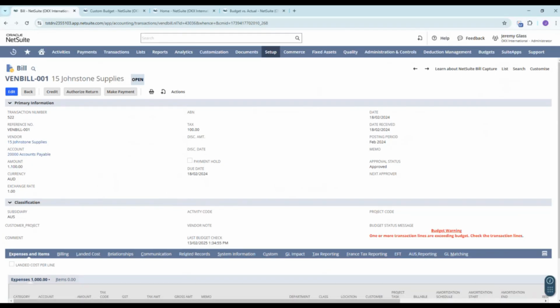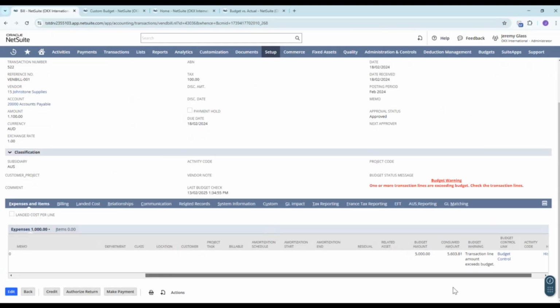So NetSuite also provides detailed reporting to help finance teams monitor their expenses against their budget in real time. So let's take a look at some of the available reports. All right.